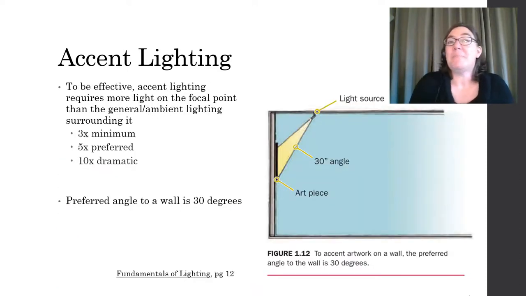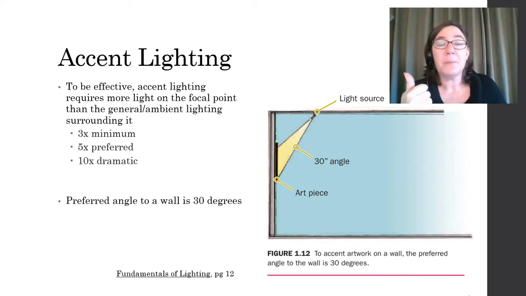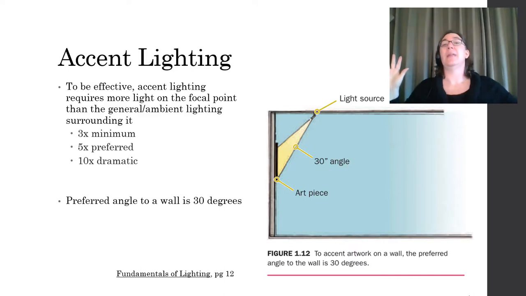So here's your first piece of math for the semester. Get out your calculators, get out your slide rules. No, not really. To be effective, any accent lighting needs more light than the general or ambient light. I mean, that makes sense, right? We need to have a bright spotlight on something that we want to pay attention to and not just the same amount of light as the rest of the general or ambient room. Three times is a rule of thumb. That's the minimum. Five times the light level is better, and